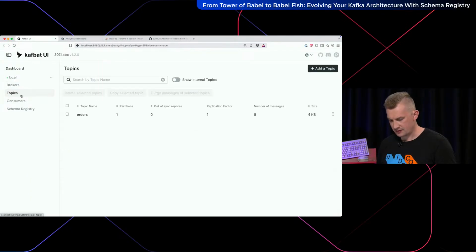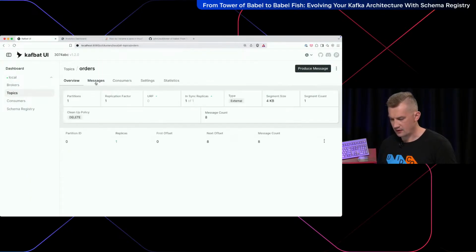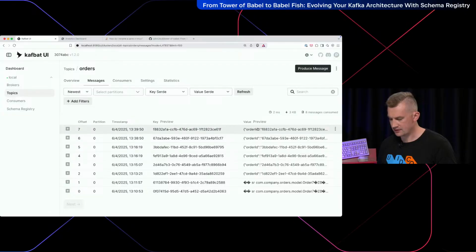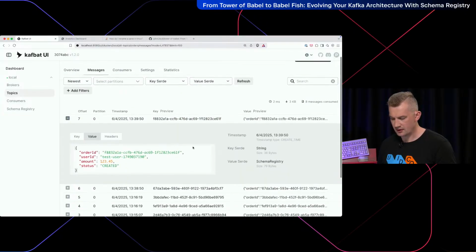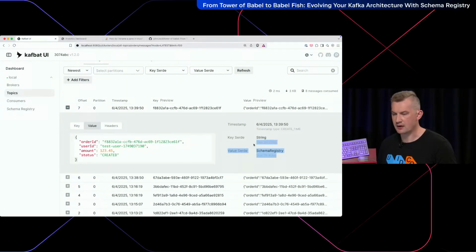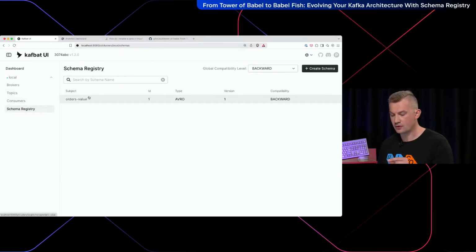Inside our topics, we have orders. And now we also would see, you see, it's readable. And the reason for that is not about having human-readable things. You need to have tools that allow you to read this data. So in this particular case, this Kafka UI knows how to read this magic byte, go to Schema Registry,